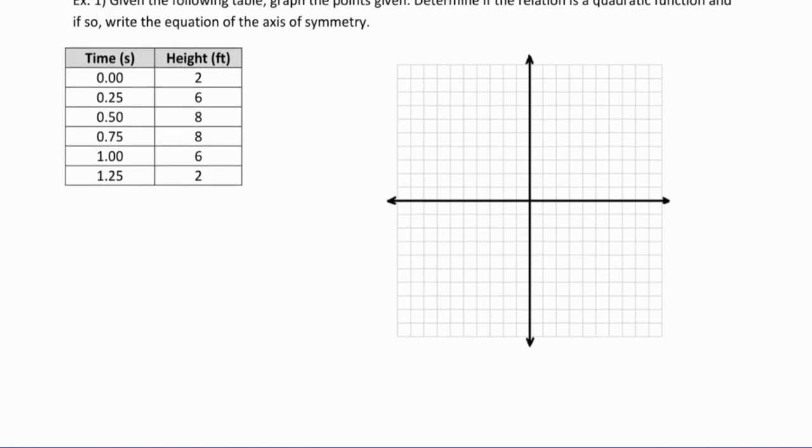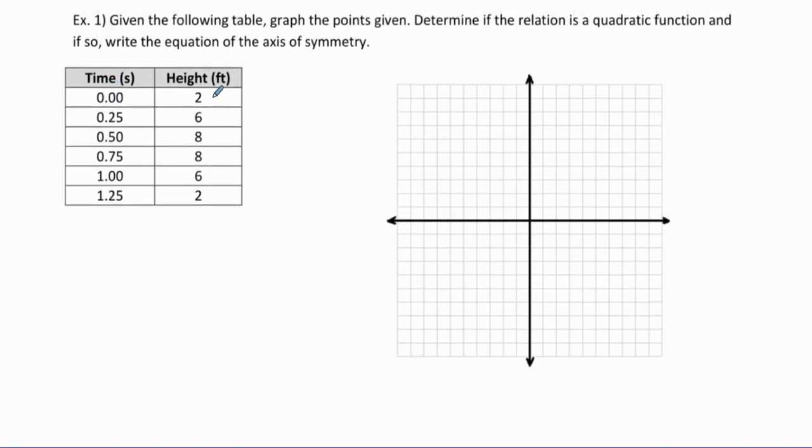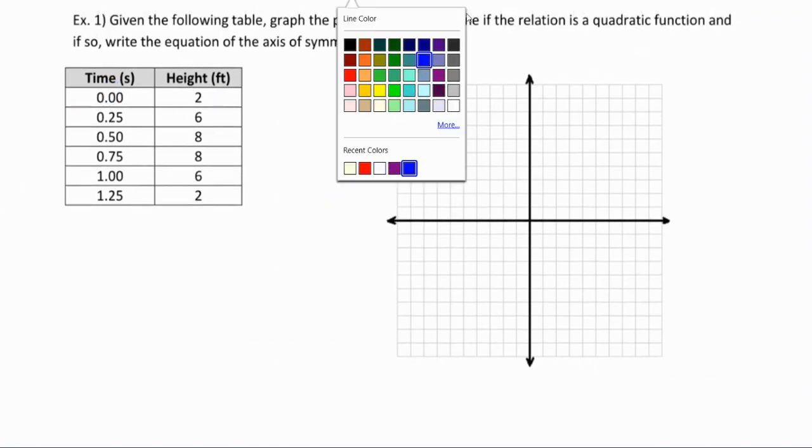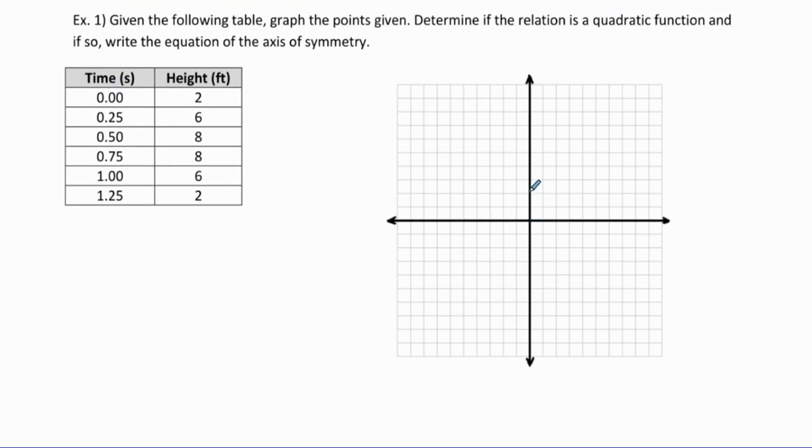All right. So 0 and 2 is the first point we need to plot. So 0, 2 is right there. Next, we have 0.25 and 6. Now, instead of doing these each as 1, 2, 3, that's going to make everything squishy. So I'm going to say each of these ticks is going to be 0.25. So here's 0.25. This would be 0.5. Then 0.75. Then 1 would be along